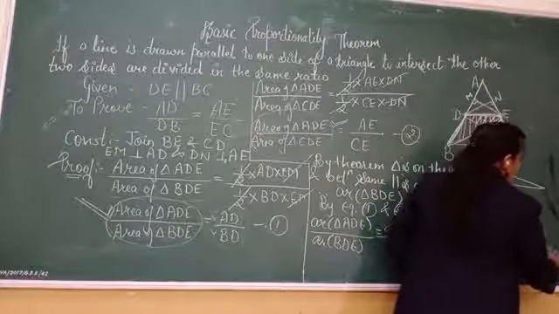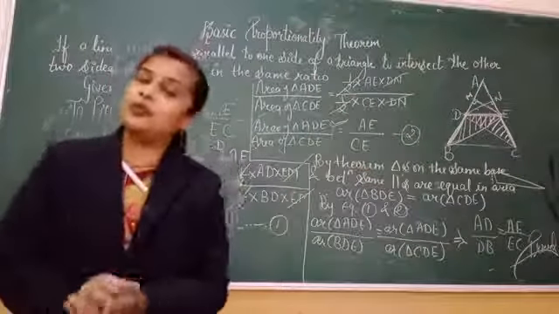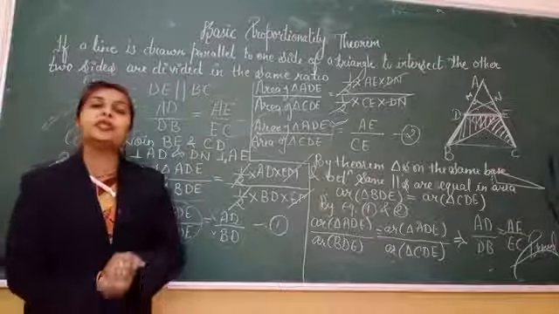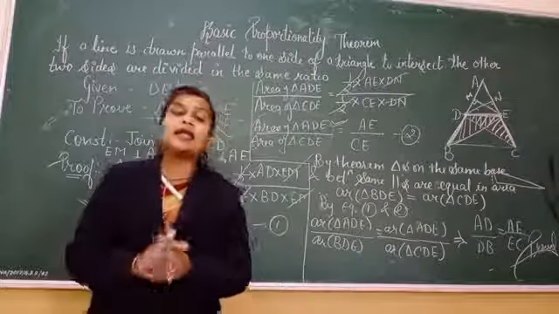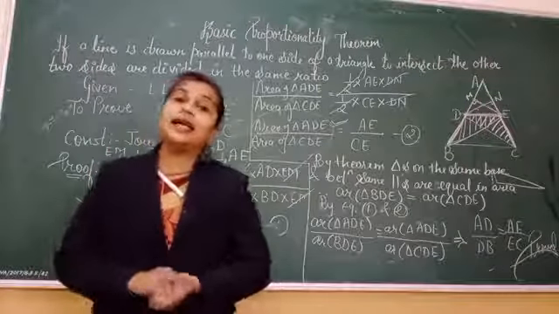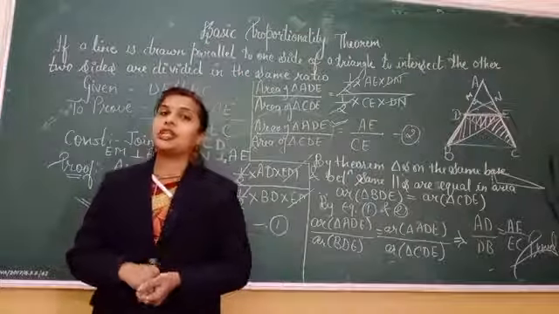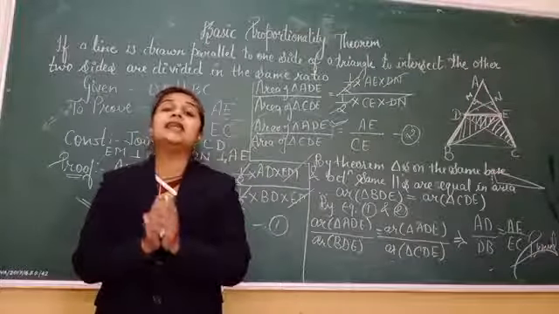This is the demand of the theorem. This is the thing which we have to prove. So what we have proved here is that if in a triangle any line is parallel to any one of the sides of the triangle, then the point of intersection divides the other two sides in equal